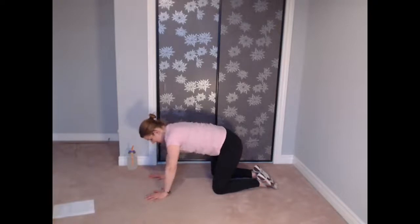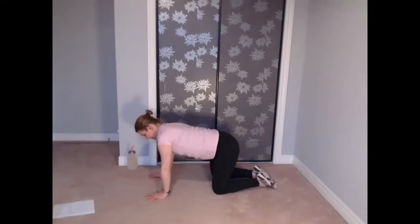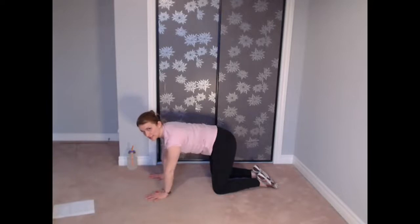Might take a second to figure out which way you're going. Consciously go the other way and then get that movement going. And being compassionate with ourselves if this is a new movement. And if you do a lot of movements like this, you've done a lot of pelvic clocks in Pilates, or